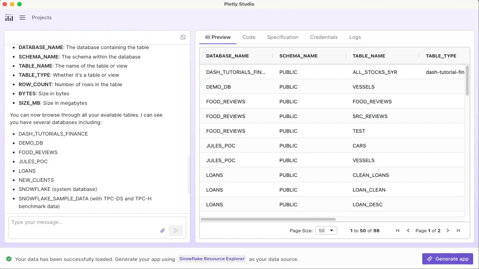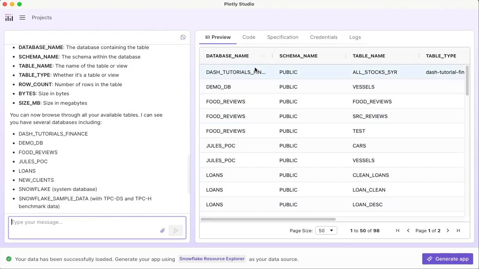to explore. What's cool about the way data sources works in Plotly Studio is that if you're connected to a database, what it's going to try to do is list all of the table names that are available to you, right? It's not quite a tool for data exploration yet, but it's certainly serviceable for seeing what's available to you. So you can see here I've got database name and all the schema names, and then all the tables that are available to me. And if I want to use one of these, I can just type that into the